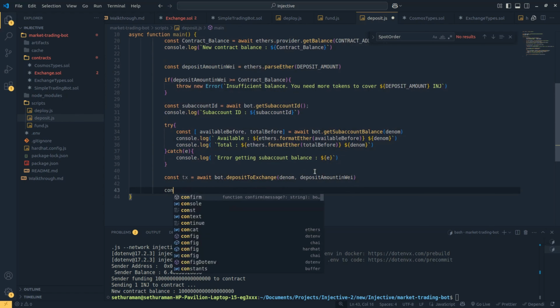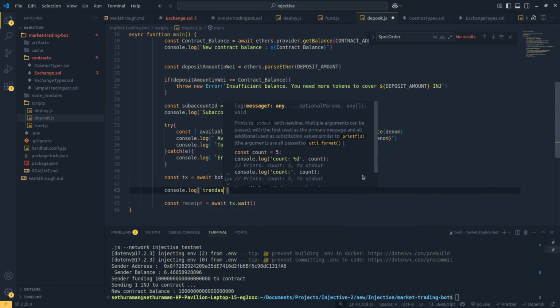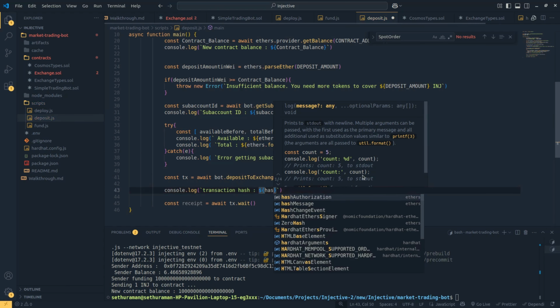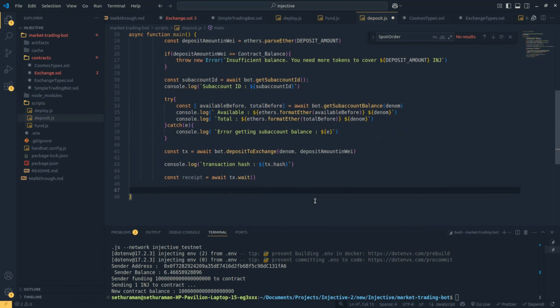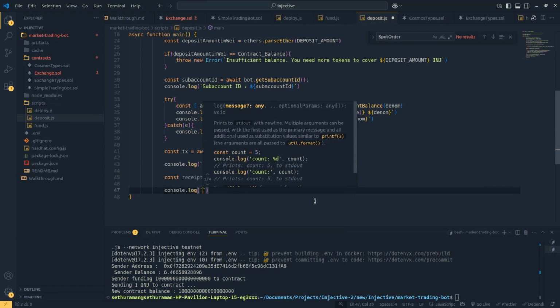We just have to wait. const receipt equals await transaction dot wait. You can put the hash if you want, and just say console dot log transaction hash equals. Okay. So yeah, we have the receipt. We can get a few pieces of information out of it. We can even say console.log